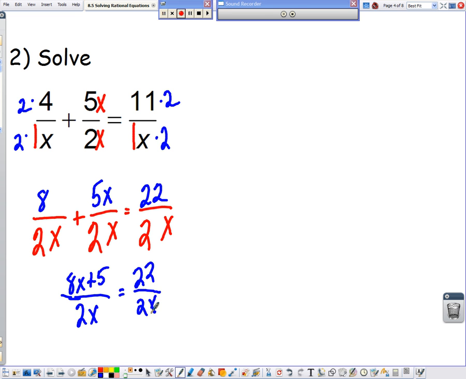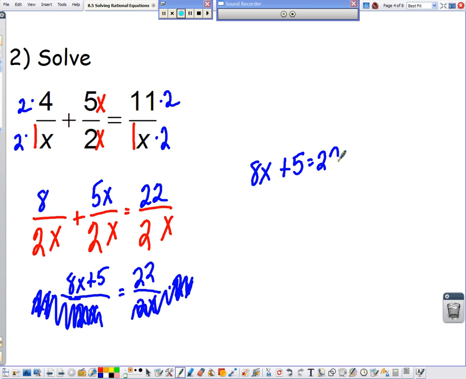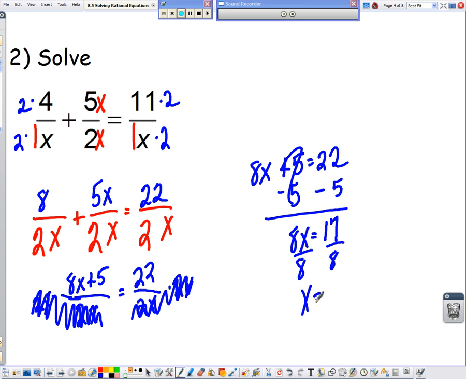Just like we did before, this turns to 8x plus 5 equals 22 over 2x. If I multiply this side by 2x, my 2x's cancel, but I have to do the exact same thing over here, so I can get rid of that stuff in the bottom. Then it turns into just a problem of 8x plus 5 equals 22. Minus 5, and 8x equals 17, and I divide by 8, so x is